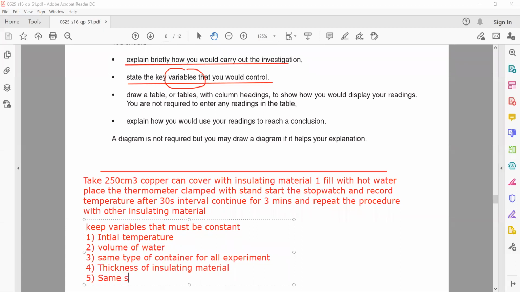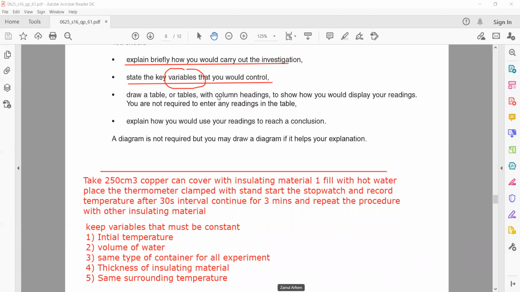It should be the same. Surrounding temperature as well, because surrounding temperature also affects the rate of cooling. Like the same room temperature. Put them in the same room. And the time interval, because of space, I will move on. You can also mention that for the same time interval, we should record